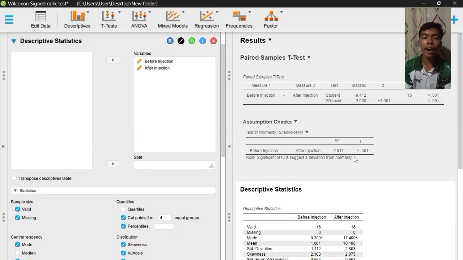With our z-value of negative 3.361 and a p-value which is less than, as you can see here, 0.05.